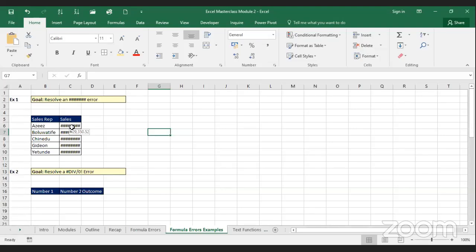Remember I told you something last week. I said there are two types of display: what is happening underneath your cell and what is actually showing on your screen or at the surface of the cell. So I said number formatting is a facade. It means that what you see might not totally be what is actually reading underneath. But Excel as an application actually makes use of what is underneath the cell. Okay. So basically, what I need to do to fix this kind of error is to actually extend the